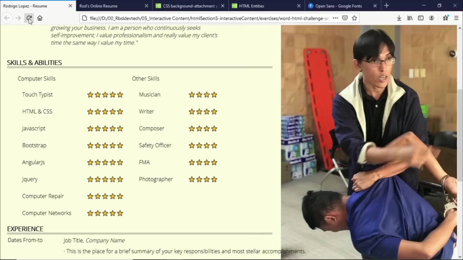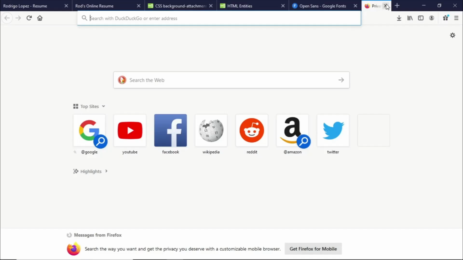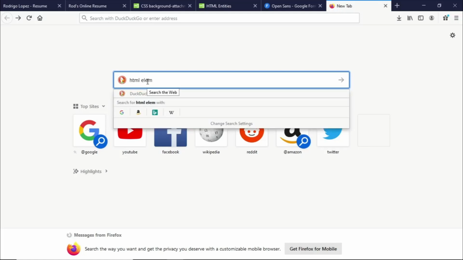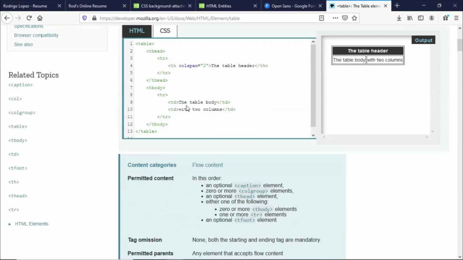Let's save that, and there we go. So just a keynote to remember, everyone. We remember that the cell spacing is an attribute that is already deprecated. So if we go back to HTML element table MDN and we go to the MDN documentation here, we remember